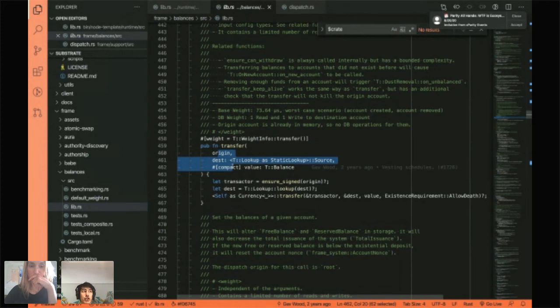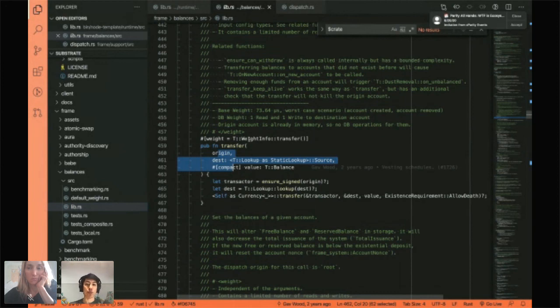But there might be a function like Fibonacci, where it says calculate the Fibonacci number of n, where n is how deep you want to go in the Fibonacci sequence. And the larger n is, the more weight it would take, the more computational complexity there is. So you could have a function like, get the weight of Fibonacci for n, and it would actually calculate a new weight based on how deep you asked the function to go. But in general, there's an extrinsic here, transfer, and there's a weight annotation up here which says what the weight of this function is. And so let's talk about how we get to this weight.